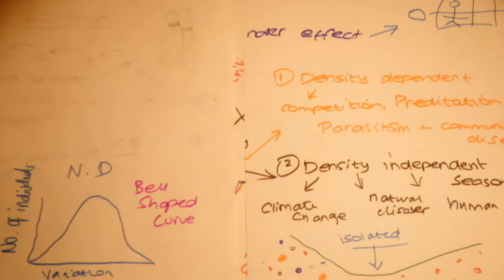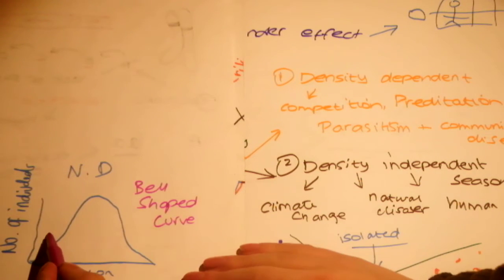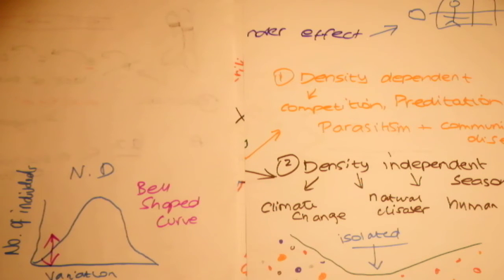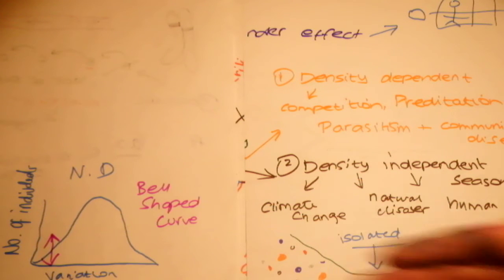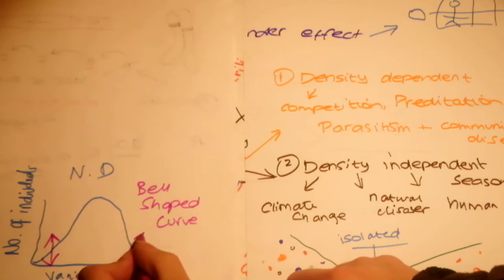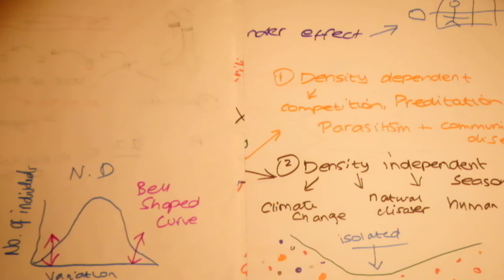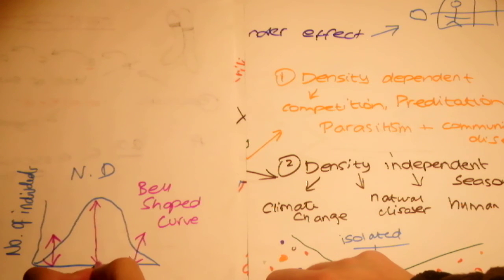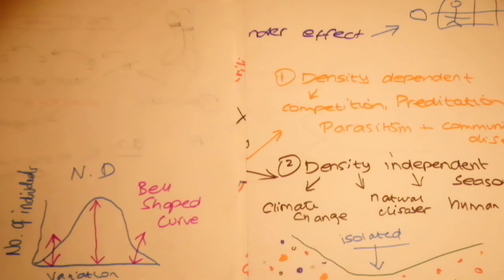You can have, for example, the birth weight of babies. If the babies down here are too light, they're quite prone to infections, so their chances of survival are reduced. That's the same for the larger sized individuals. The larger sized babies also find it hard to survive, basically. So the most common is the average between them, which has a greater chance of survival. That's why it's most commonly